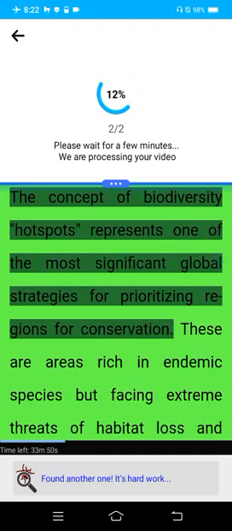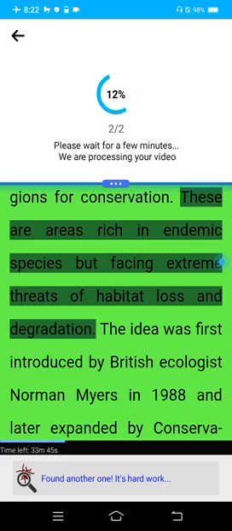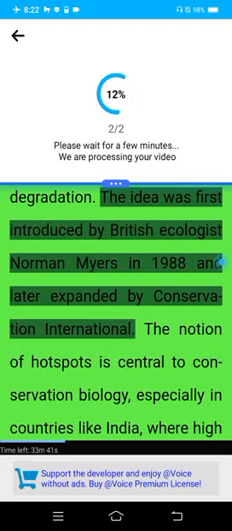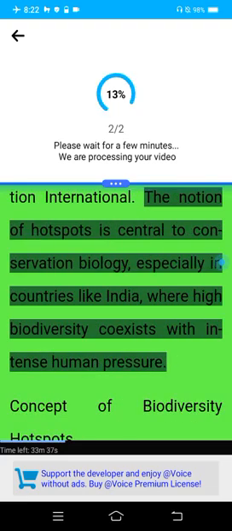Hotspots represent one of the most significant global strategies for prioritizing regions for conservation. These are areas rich in endemic species but facing extreme threats of habitat loss and degradation. The idea was first introduced by British ecologist Norman Myers in 1988 and later expanded by Conservation International. The notion of hotspots is central to conservation biology, especially in countries like India, where high biodiversity coexists with intense